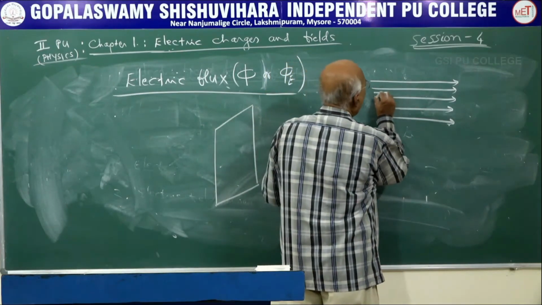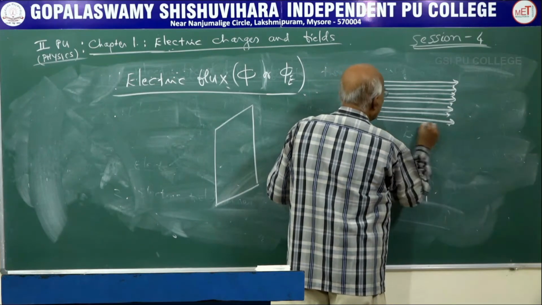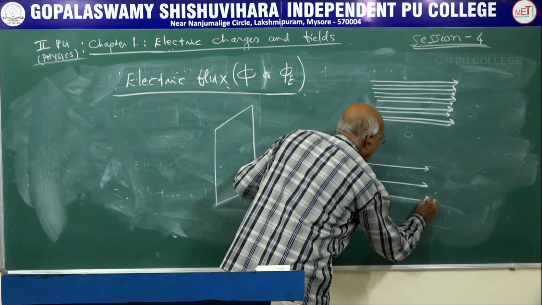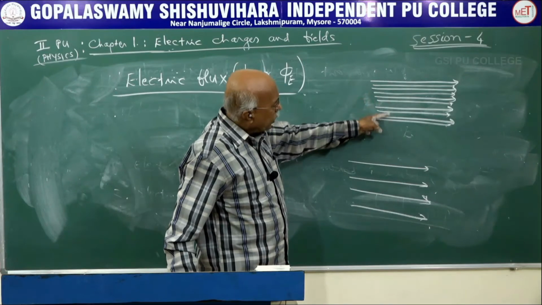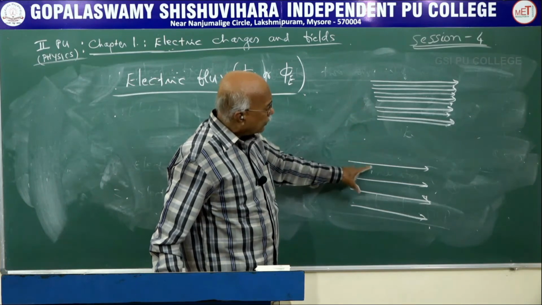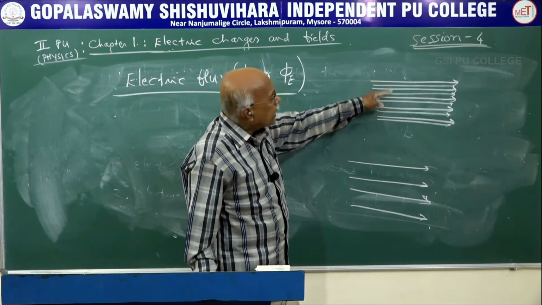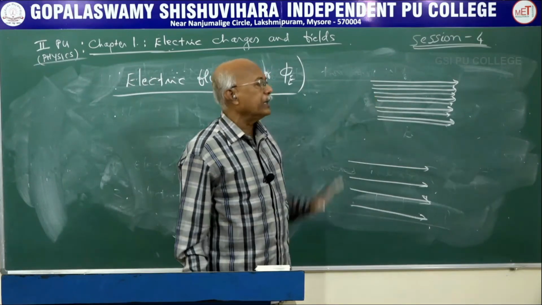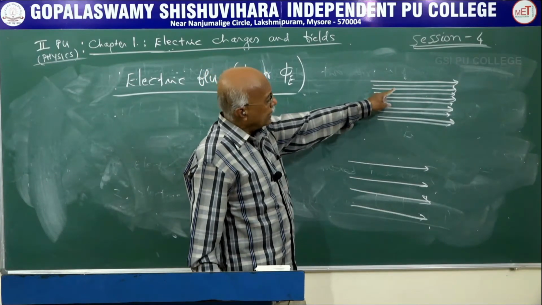On the other hand, if you draw parallel lines very close to each other, or draw parallel lines apart, look at these two diagrams. In this diagram we have a number of parallel lines drawn. Here, in the same area, we have only a few lines drawn. When a large number of parallel lines are drawn, it indicates a strong electric field, or a strong magnetic field. If it is a case of electrostatics, we call it a strong electric field.